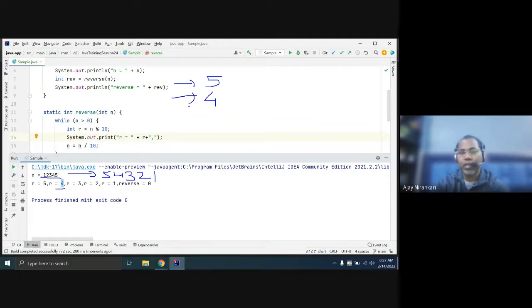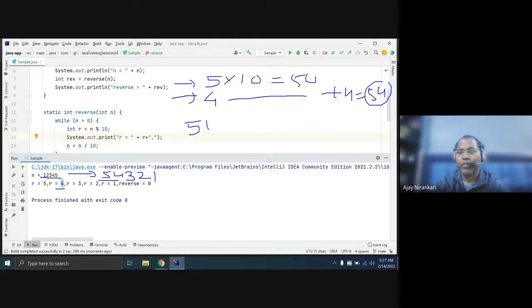Is there any way to do this? If we have 5 and multiply by 10, we get 50, and plus 4 gives 54. So now you have the number 54, correct?